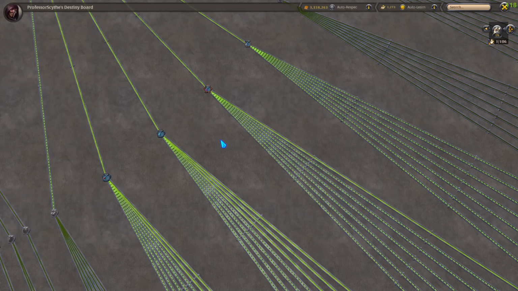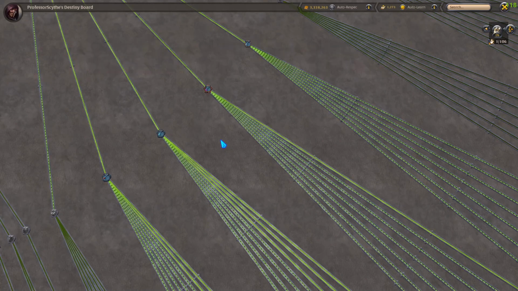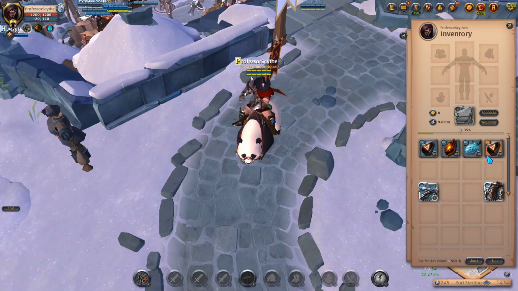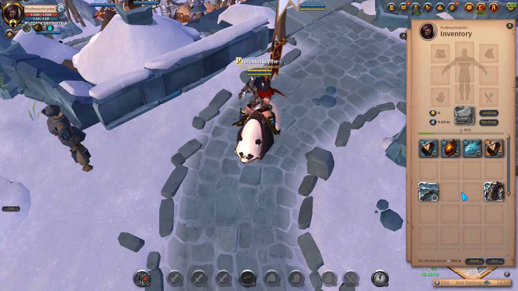Now these are dropped from the open world, but there's also a thing called the Artifact Foundry, and that is going to be the main focus of this video. I have some runes and souls and different materials on me. We're going to go to the Artifact Foundry. I'm going to walk you through how to use it and show you how a lot of people will actually